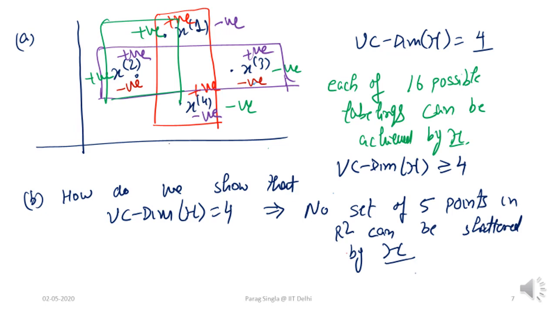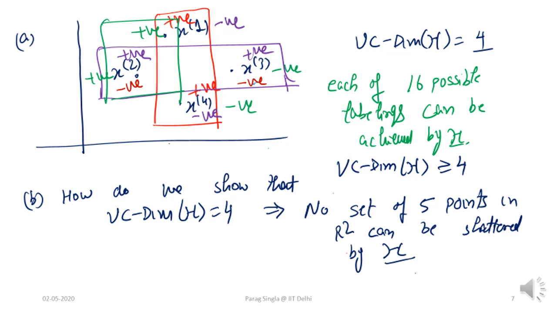And among the remaining cases, one is all positive, which is very simple to achieve because I can just draw a rectangle around all of these points. One is all negative, where I can just draw a rectangle outside all these points, a rectangle which does not contain any of these points. That will achieve the all negative labeling. And what remains is, I think, eight labelings, where four of them have 3 points labeled positive and one as negative. It's not very difficult to show that there is a rectangle which classifies 3 points as positive. Just draw the rectangle around them and leave the fourth point.